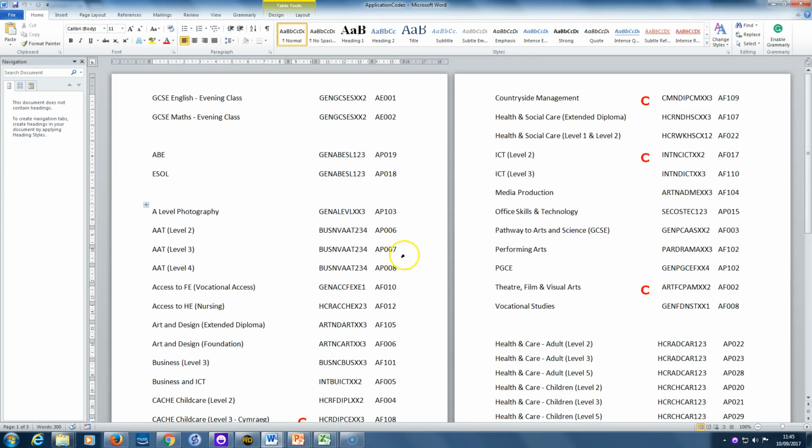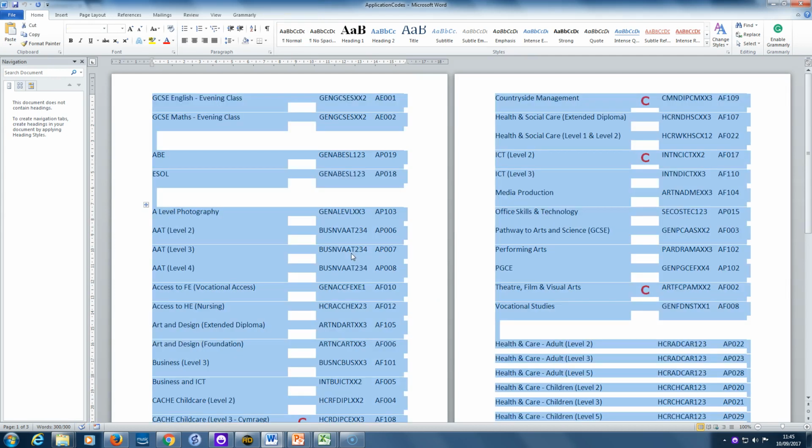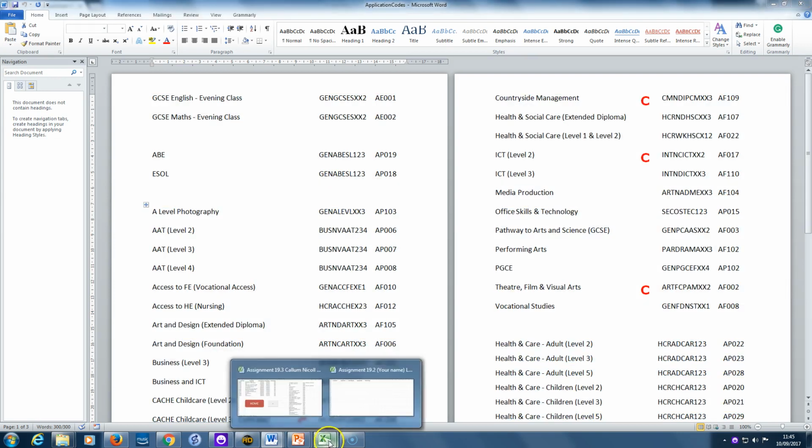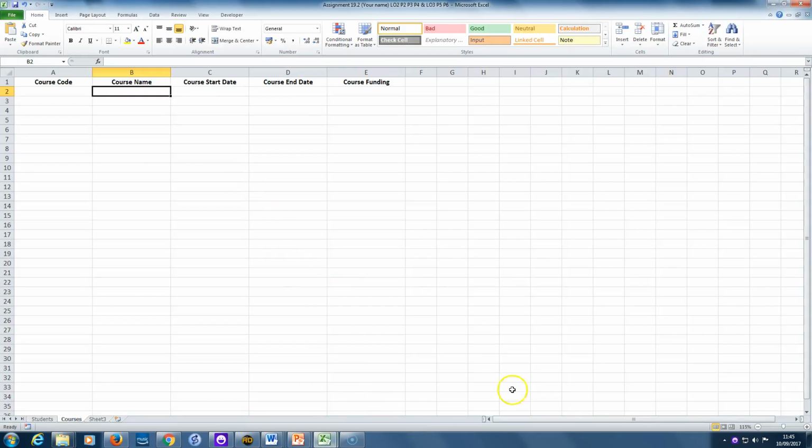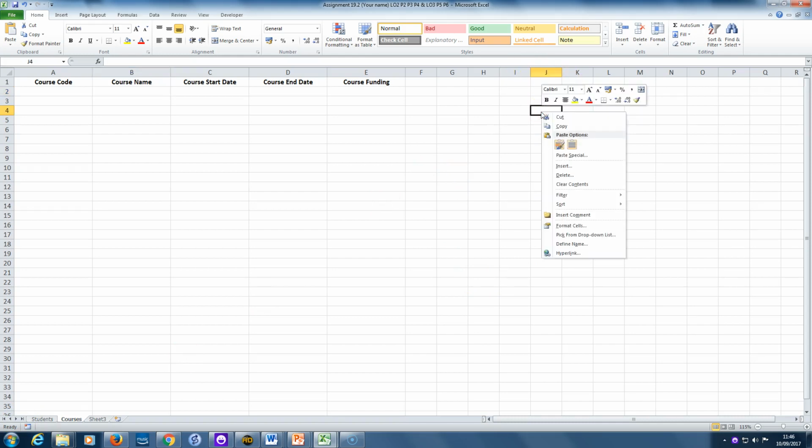It's got quite a lot of information we don't need as well, but we'll get rid of that once it's in the spreadsheet. So all you do here is I'm going to go Control A to highlight everything, then Control C to copy it, and I'm back in my spreadsheet. And somewhere over here, do you remember in the first video where we used a cell that was well away from the blank bit of the spreadsheet? I'm going to paste that information in. There's not going to be anything any further over than column E in this spreadsheet. So somewhere around column I, J or K, starting somewhere around here, I'm going to paste that in and use